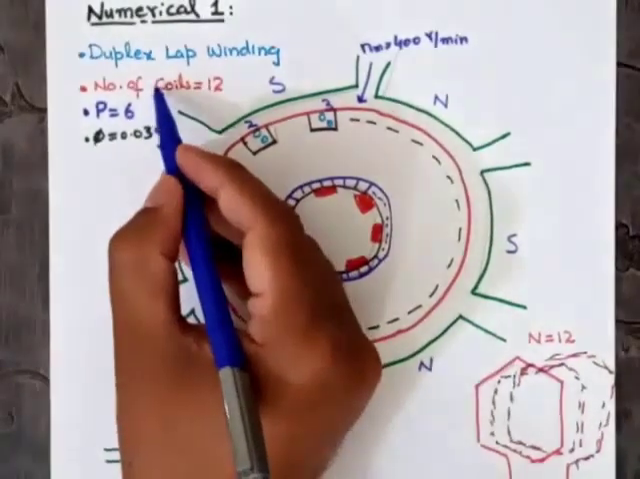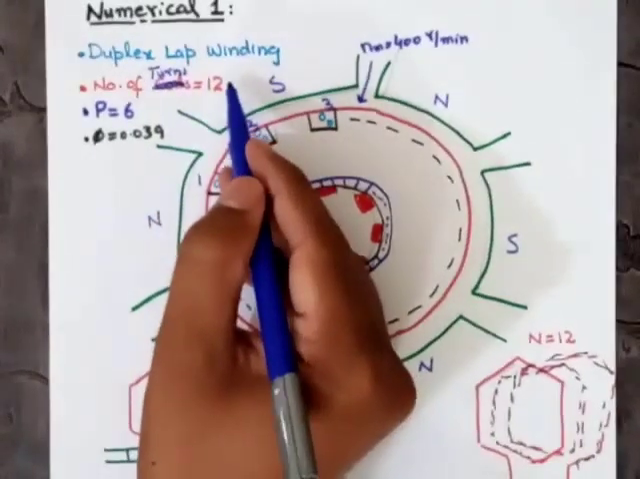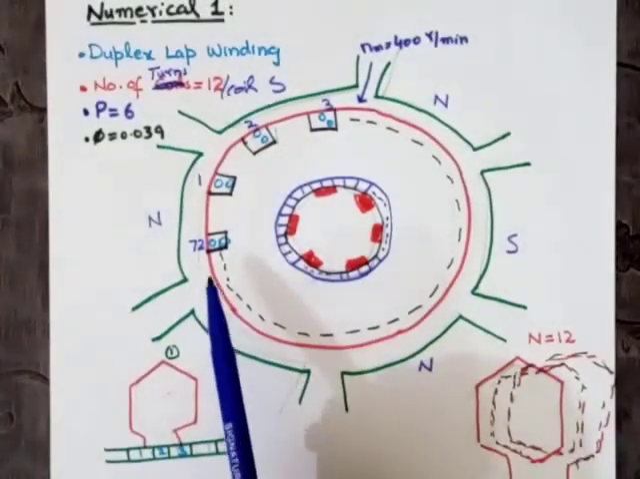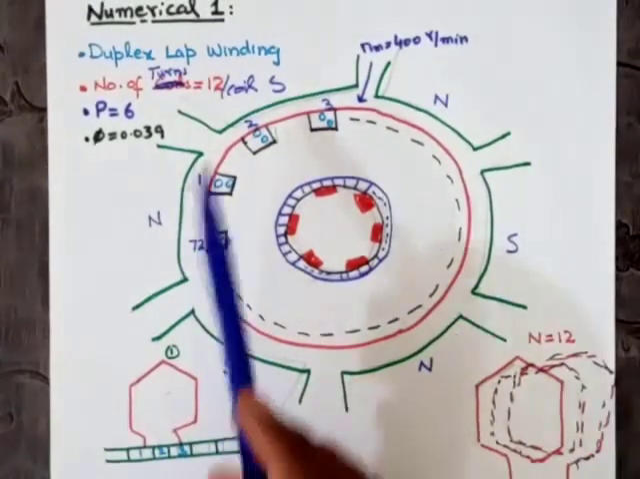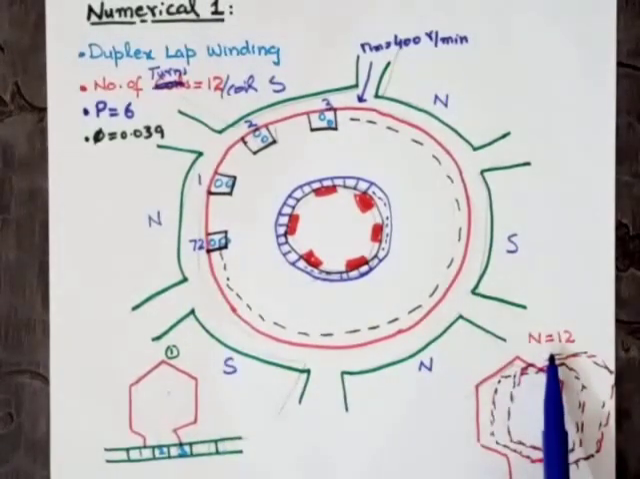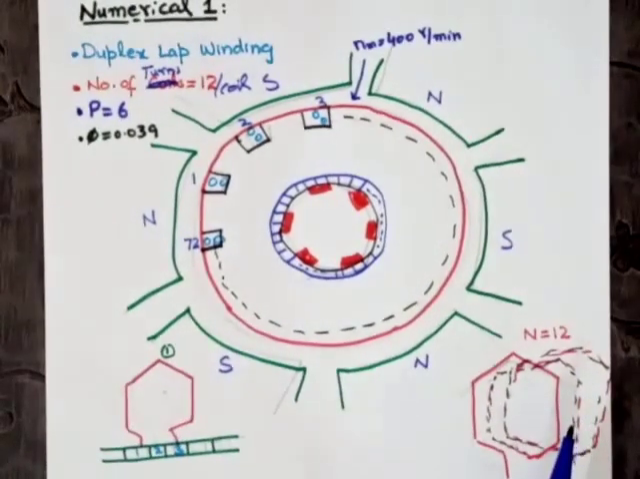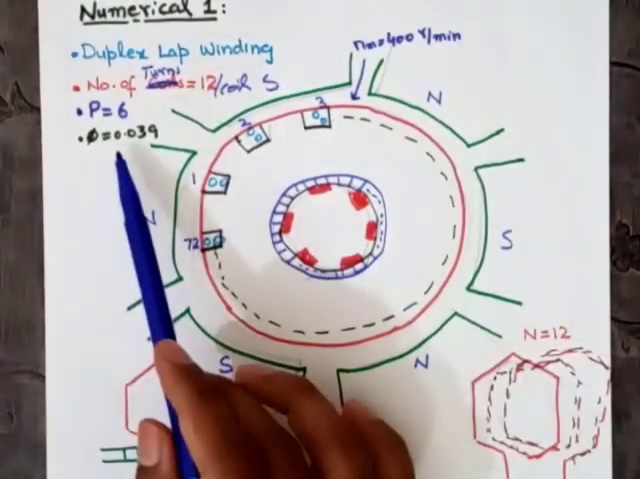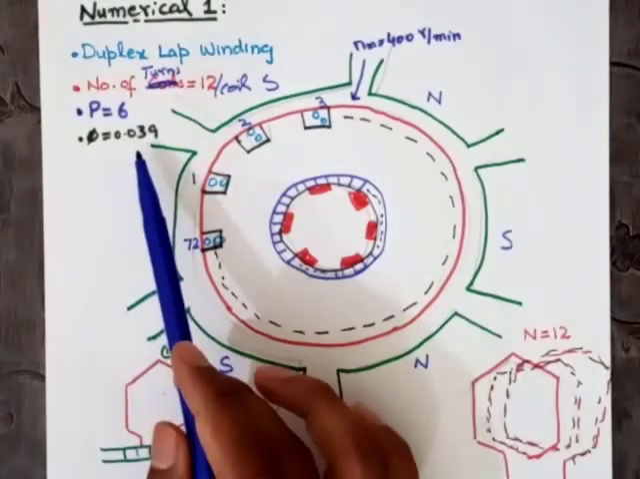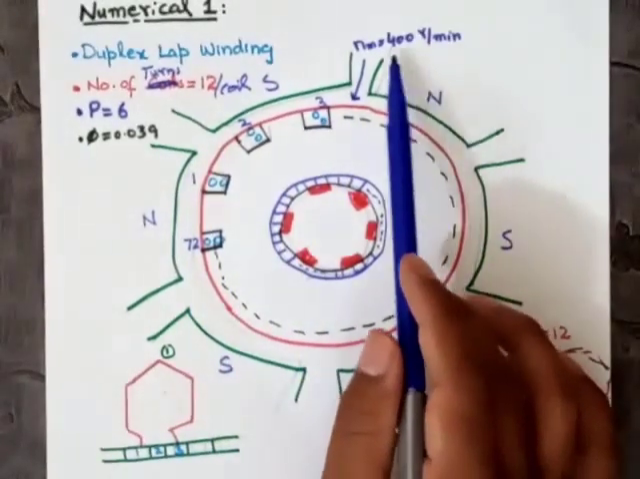The number of turns is equal to 12 per coil. There are a total of 72 coils. Each coil consists of 12 turns. That is, the value of N is given as 12. The flux per pole in the machine is given here. Phi is equal to 0.039. The value of the flux given here is 0.039, and the machine spins or rotates at 400 revolutions